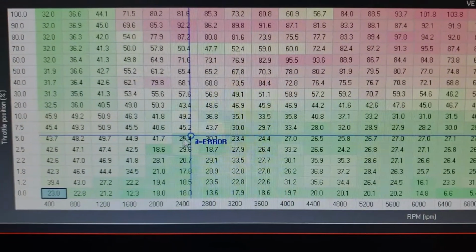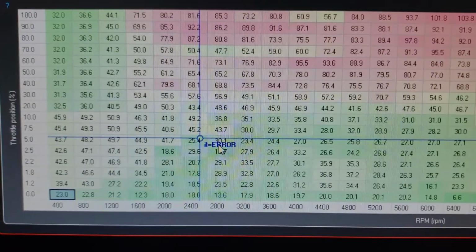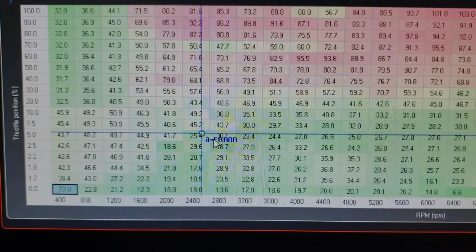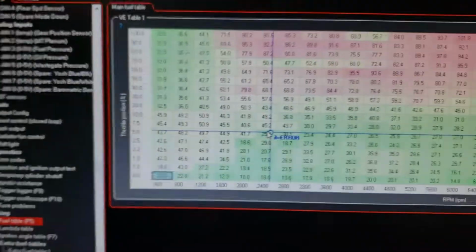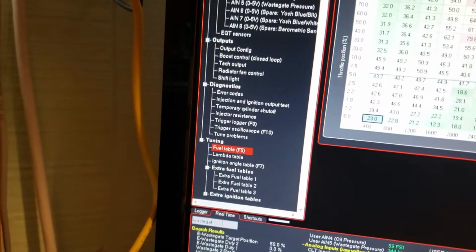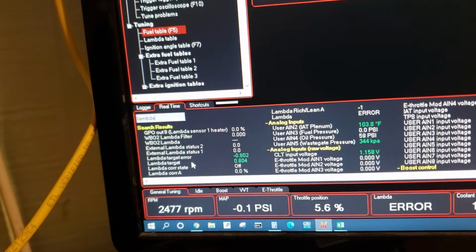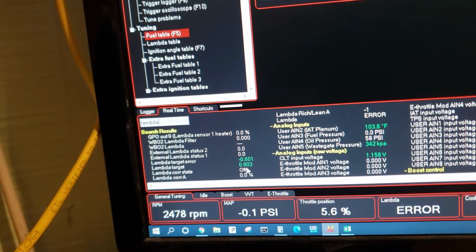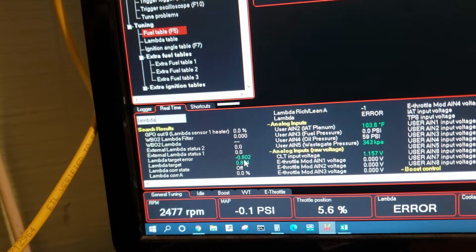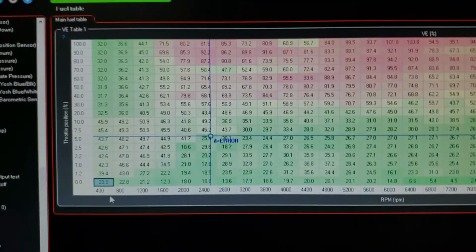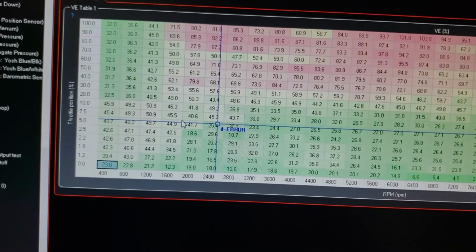I don't have a lambda sensor hooked up right now, but the cool thing is if I did, it would actually show you what the lambda value is, so your air fuel compared to what it should be. And then there's a lambda correction feature that you can look at that won't mean anything right now because I don't have any real lambda data. But for example, if your lambda target is 0.8 and you're at 1, you would have a target error of 0.2. And it would know that, and there's ways to auto-tune